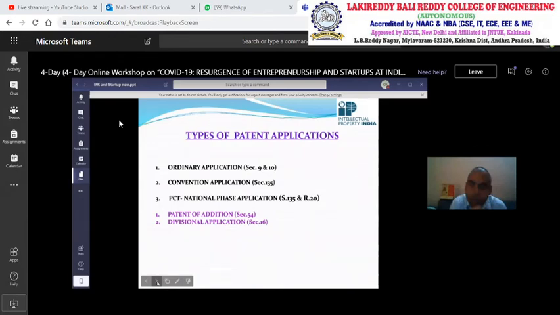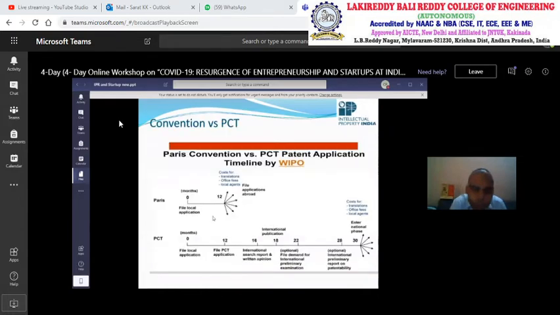As I have already told you, this is the Paris Convention. In the conventional application, you can opt for 177 countries. Through the international application PCT route, you can opt for 153 countries. This is the single largest application with less economic cost. With a single application, you can access more than one international country. So this route is the most important one. Now come to the next slide.